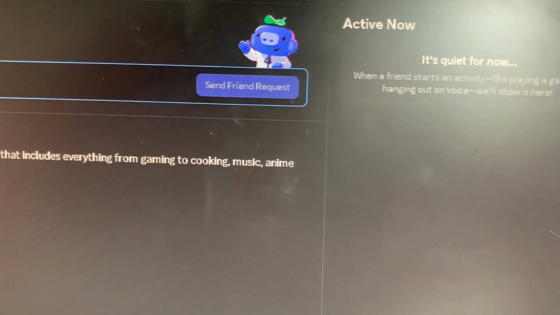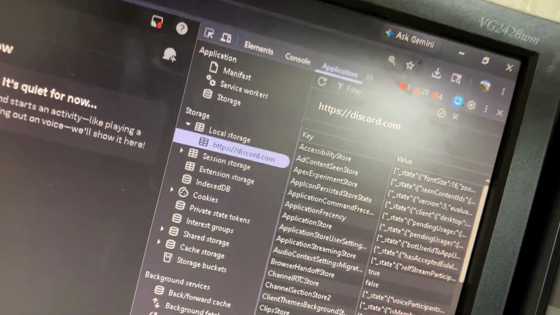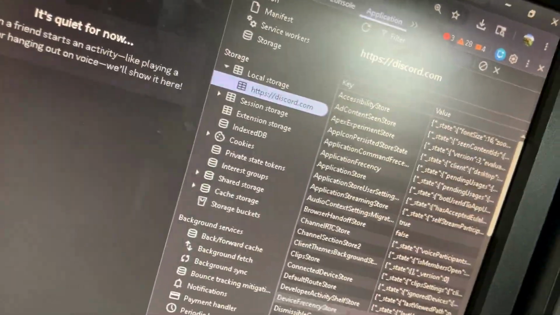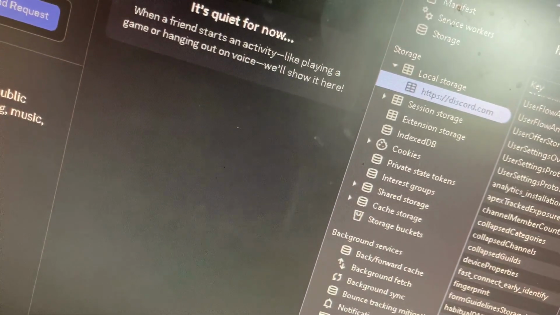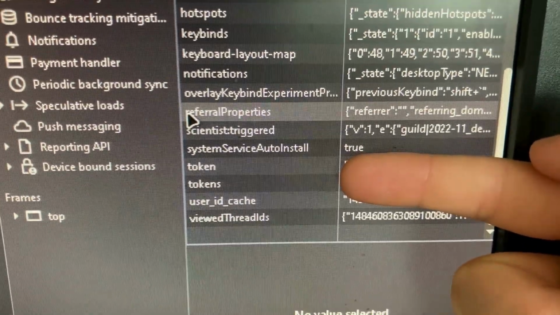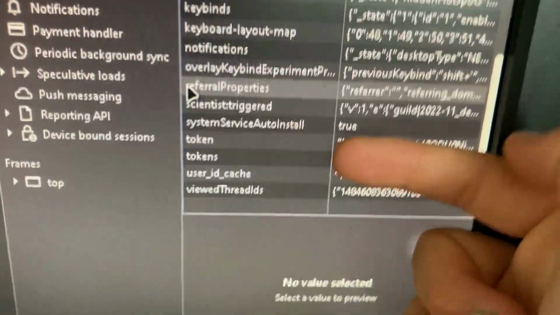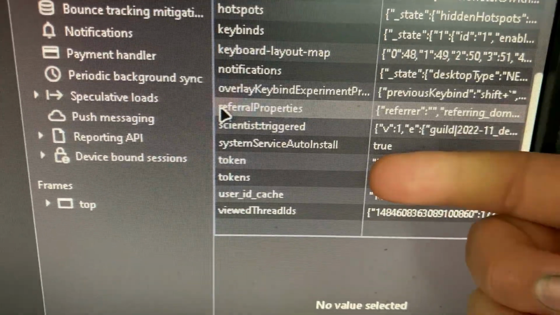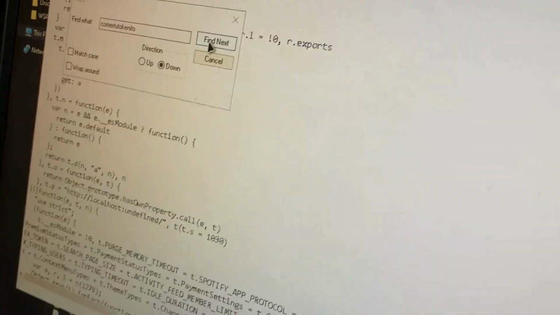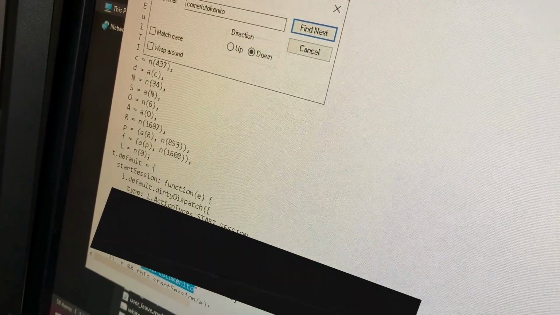Go to discord.com, and what we need to do is go to Developer Tools, Application, Local Storage, and go down. Now scroll down until you see token. Okay. So it will be down here, but I'm not going to show my token, or I may actually be hacked. But here. So you just copy your token down here, and you're done. Or at least you just copy it over to here. So you'll find token down here,